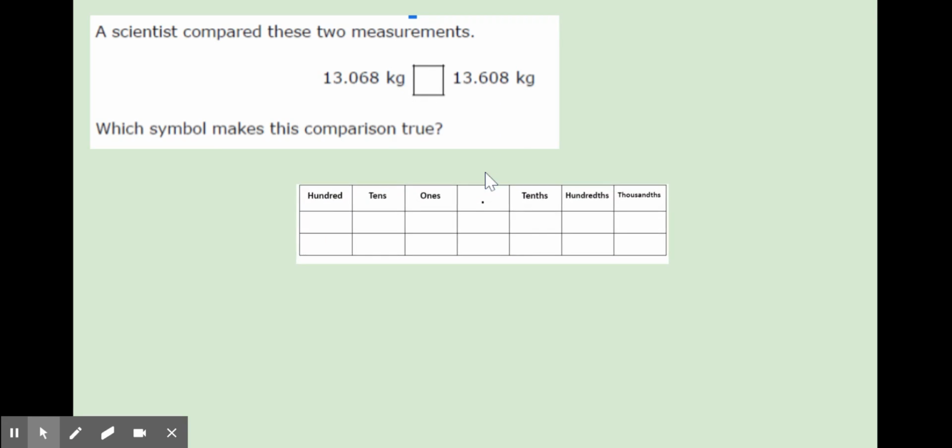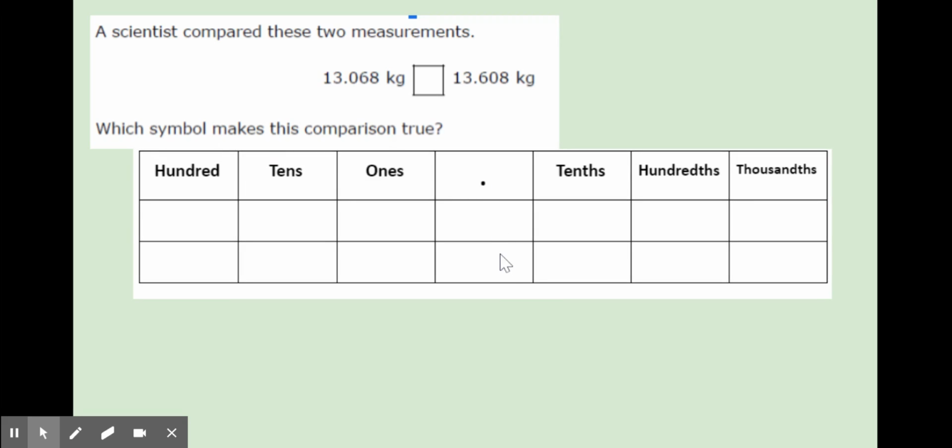So the first thing we would do is we could use our place value chart to stack our numbers, making sure we line up the numbers into their correct place value. So let's put 13 and 68 thousandths in our place value chart. And then we'll stack 13 and 608 thousandths underneath it, making sure we put the numbers in the correct place